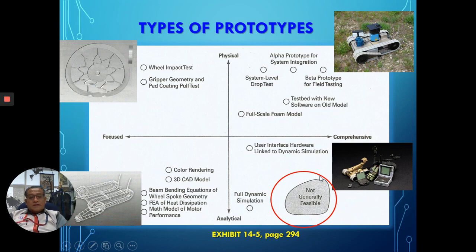If you take a look at this far end of the bottom right, in this quadrant 4, at the most maximum area, which is almost fully comprehensive or almost fully analytical, actually this is not achievable in terms of an actual prototype. So this is the maximum capability in terms of being a comprehensive prototype. It is almost at the maximum of the analytical model. So here, this quadrant is, I would say, the most ideal product, which normally is not that feasible due to costing, due to material, and due to limitation of time. So I would say